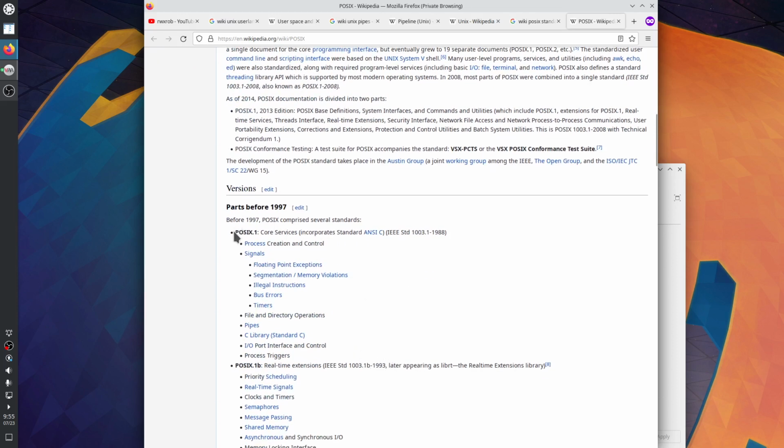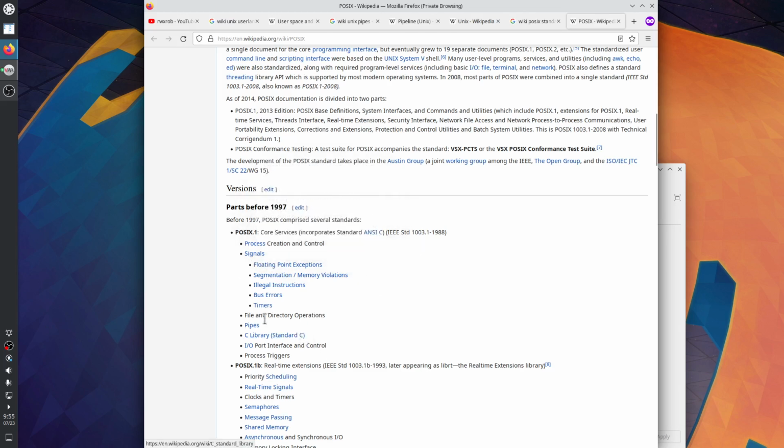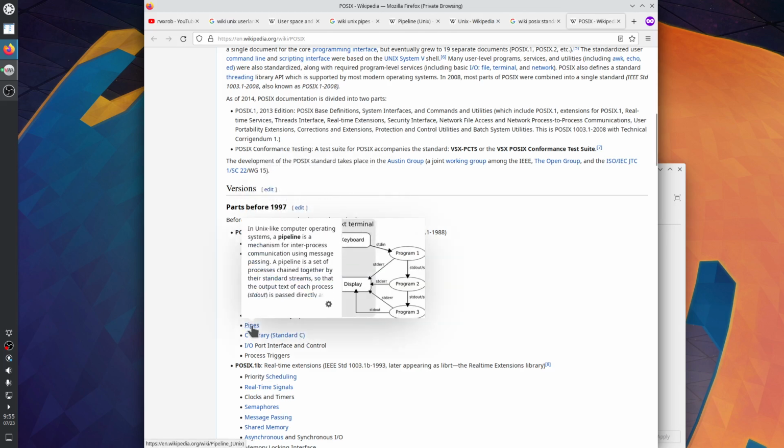So as standard, many operating systems respect in broad lines POSIX standards. So we have process, Unix style process creation with the fork API call function, signals with kill, pipes with